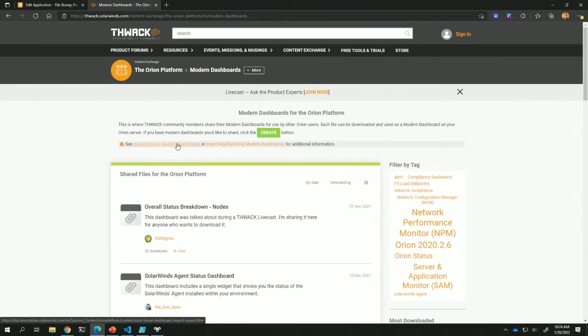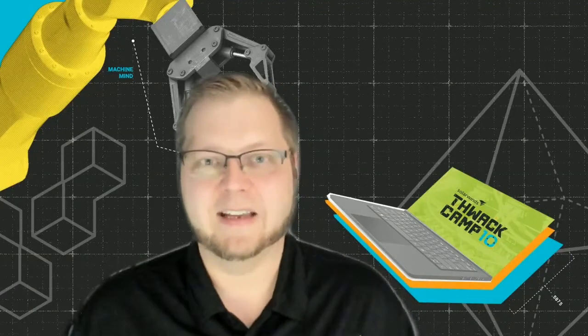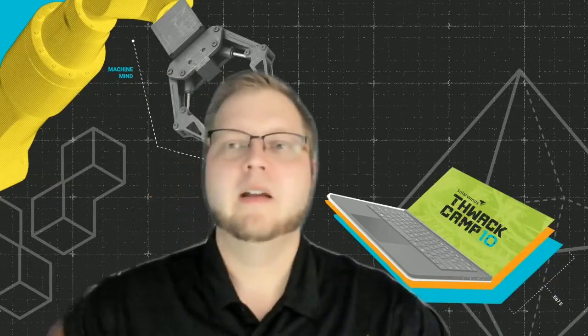It's pretty easy. It's actually a great way to learn SWQL because you can get 80% of what you're looking for. You can make your management happy, you can make your team happy, and you can kind of be like, all right, that's good enough for today. And then you can actually look at the SWQL, paste it into the SWQL Studio, and see how those connections work. Also, if you have a buddy who's a DBA, totally good time to ask him or her how they would structure information.